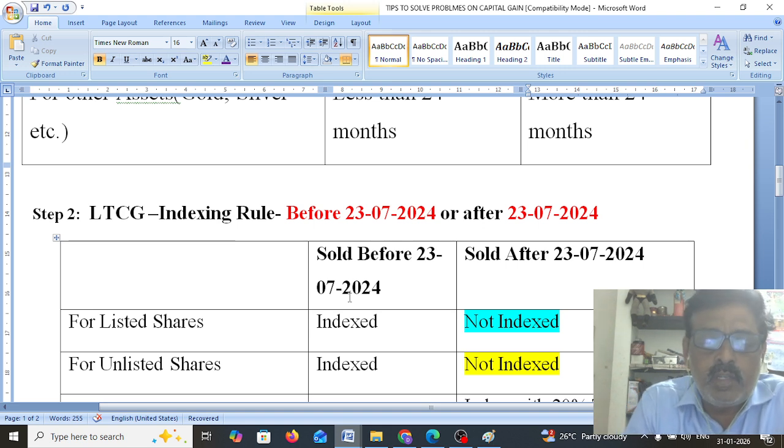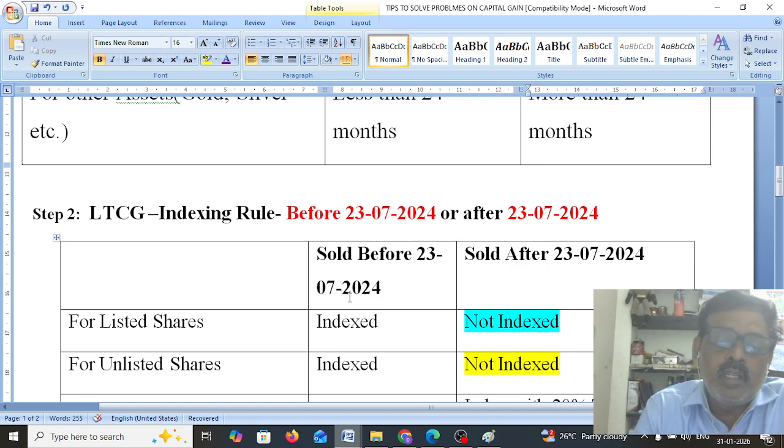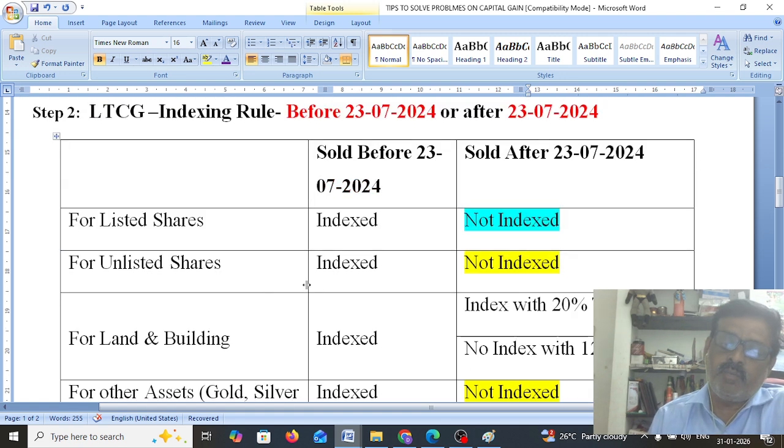Step number two: if it is a long term asset, then we have to see when the asset was sold. If the assets were sold before 23 July 2024, then there are certain provisions. And if the assets are sold after 23 July 2024, we have a different tax treatment. Now let us see the first one. If the assets were sold